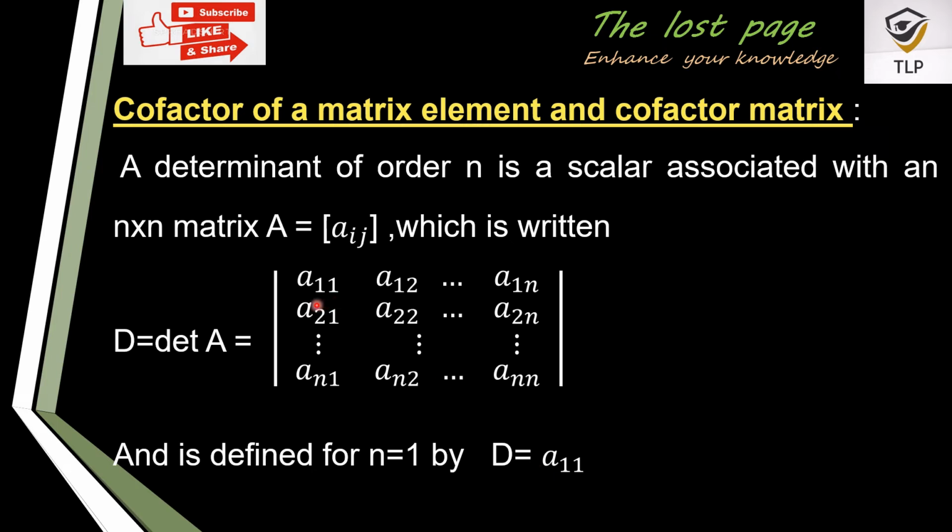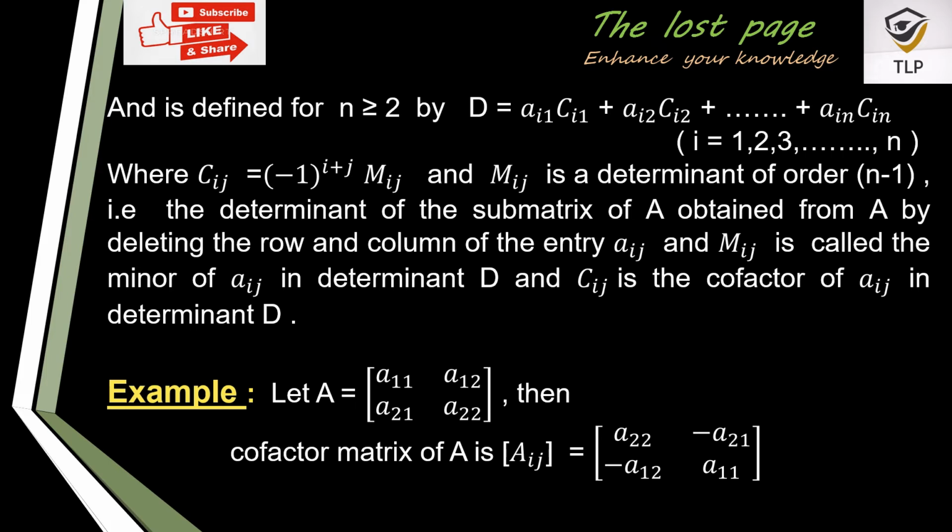So for first order there is only one element a11. So here d equal to a11, and is defined for n greater than or equal to 2 by d equal to ai1 ci1 plus ai2 ci2 plus ... plus ain cin, where i equal to 1, 2, 3, ..., n, where Cij equal to minus 1 to the power i plus